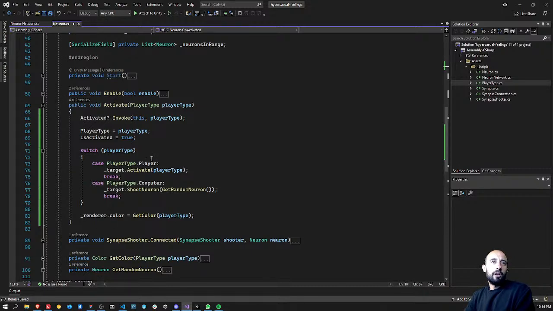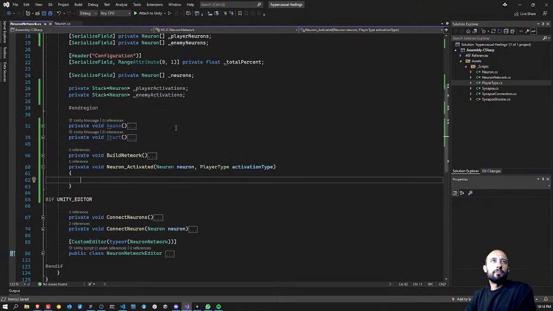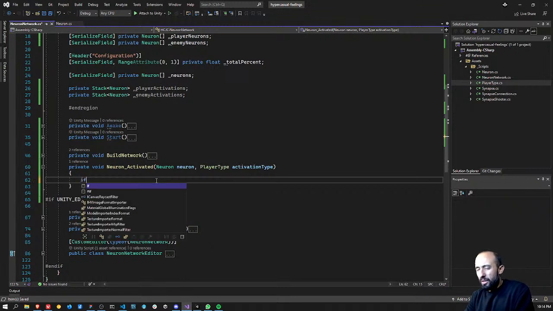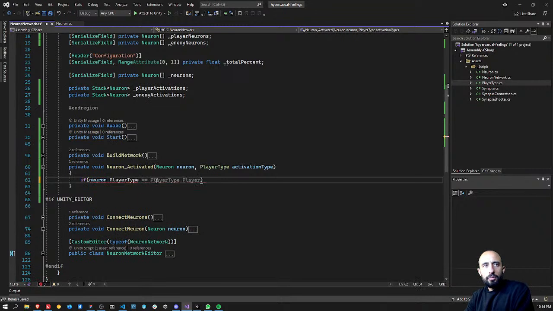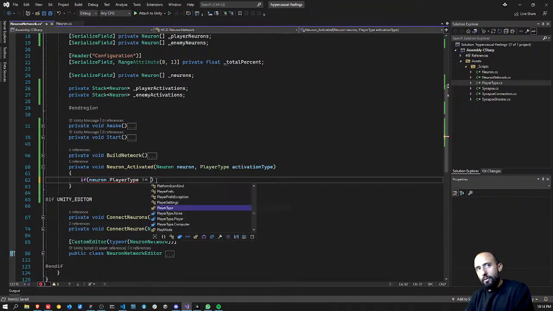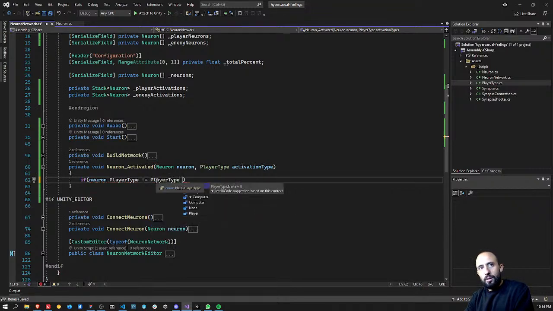This will be activated either way, and I'm going to need to activate the last one. Basically, it's that. Okay, so what I want to do is that if neuron player type is different than none,